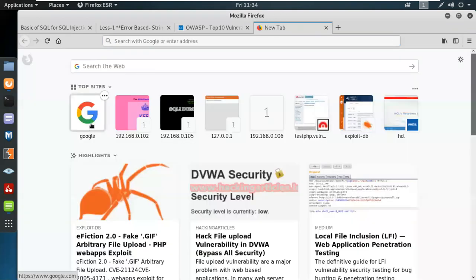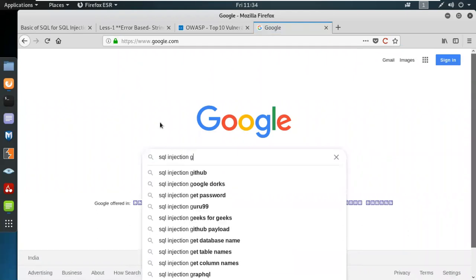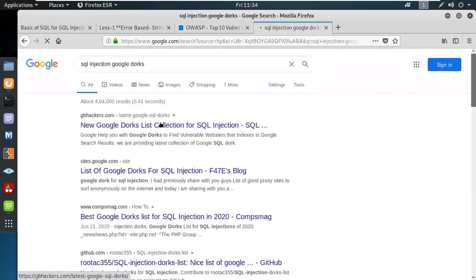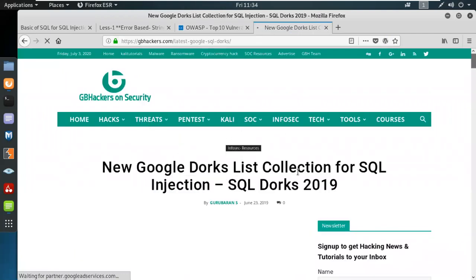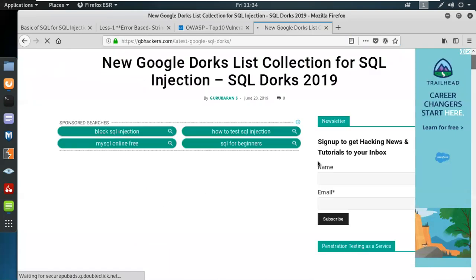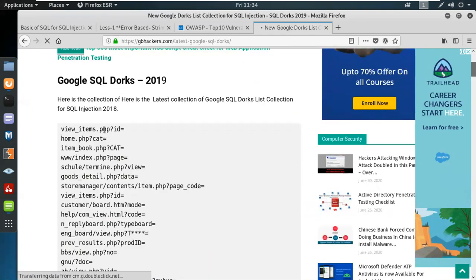Or either you can use some SQL injection Google Docs, which I told you about that time, to identify the vulnerabilities of your SQL injections. See, if you look over here, view items.php ID is equal to, these are your parameter names with the parameter value. All you have to do is use the Google Docs to identify the SQL injection parameters on the URL